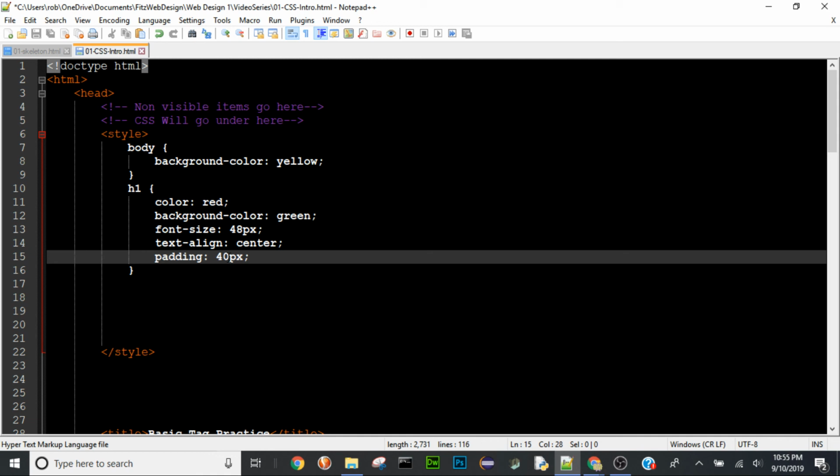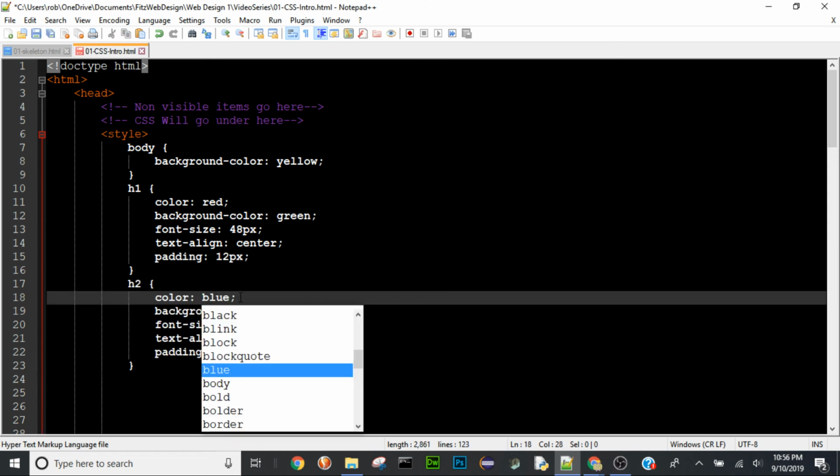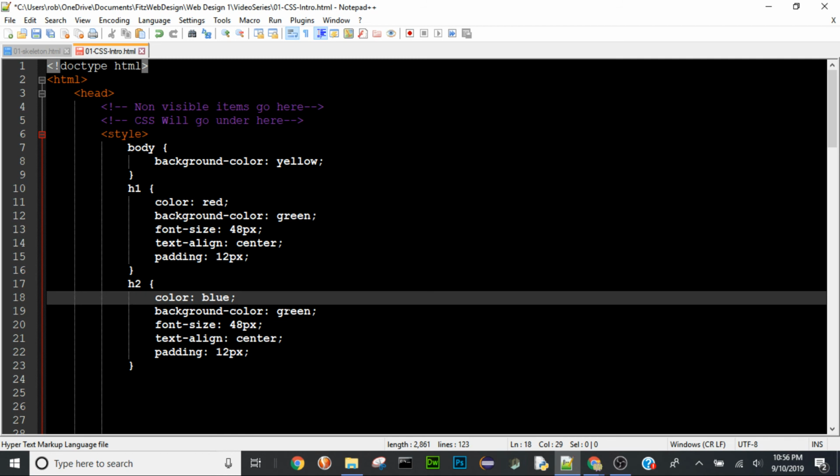So then you have this kind of template to use, where we don't want red anymore. We want blue, and then maybe we want tan as the background color, and we'll say 36 will be our,